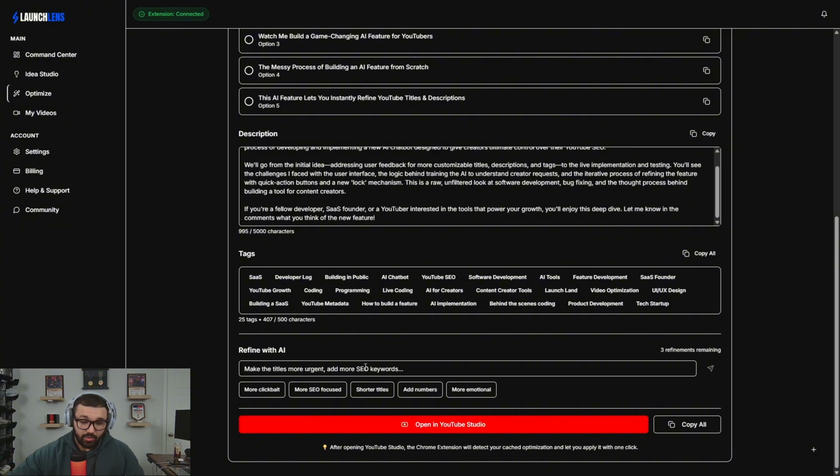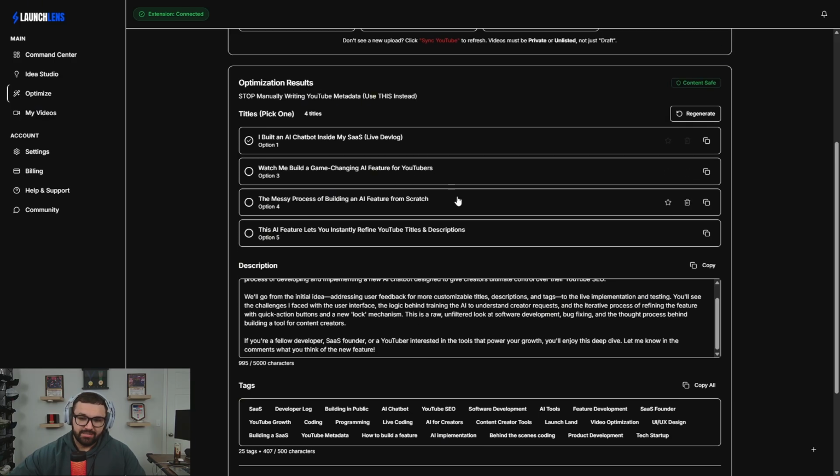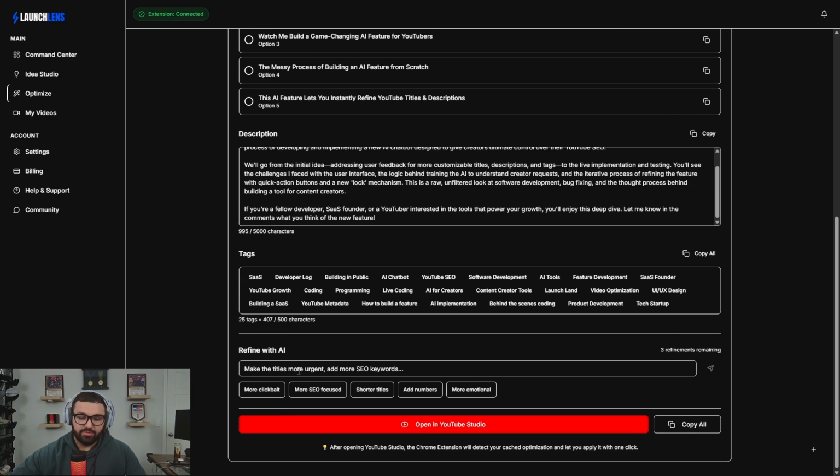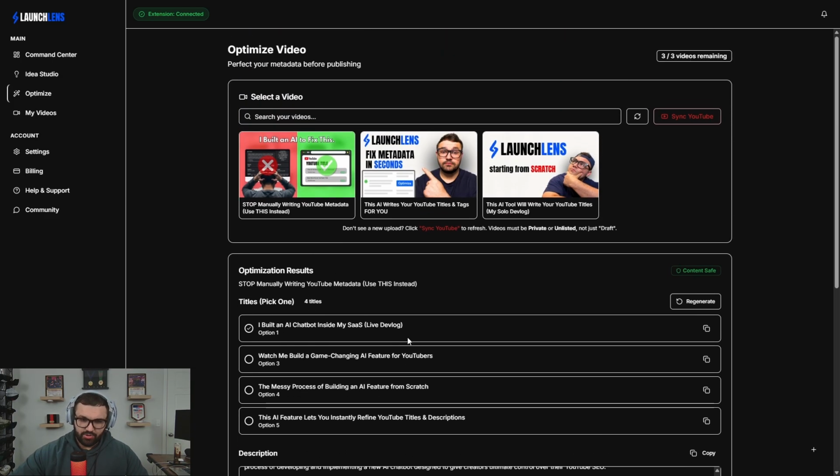And then we have this refined with the AI, which I'll get into a little bit more in this other system. But if you don't like what you see, you can come down here and talk with our AI system, and it can actually go in and change things for you. But we do have a second part to this. So all of this stuff is in the website itself. So there's 2 parts to this. You have the website itself,